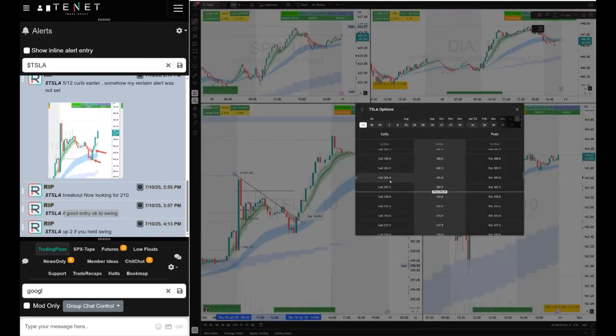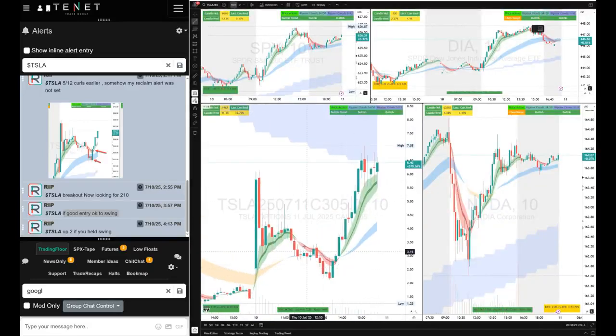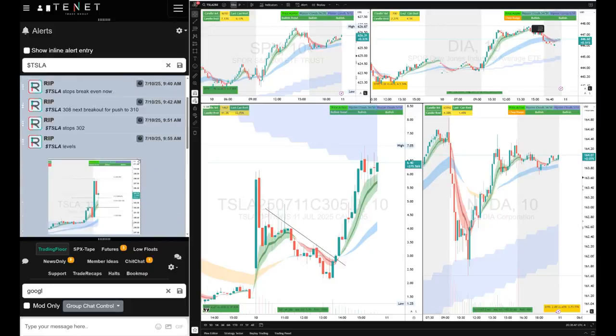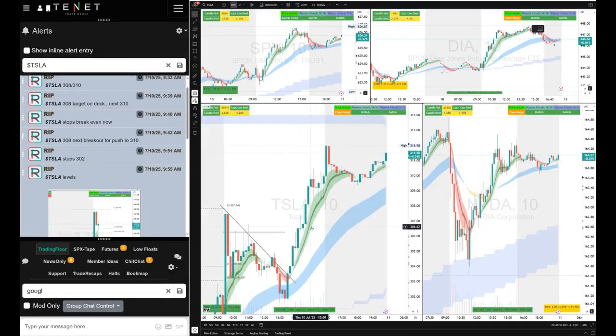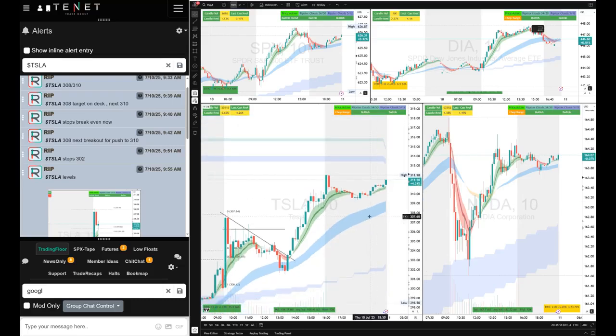Let's take a look at 305 calls. You can see the beautiful curl. You see the curl on Tesla and you look at the curl on Tesla options, right? Similarly, the Tesla options following the Ripster EMA clouds, you can see the beautiful move from $3 all the way to $6, 100% trade on Tesla. Beautiful all day, no BS, no hindsight, step-by-step guidance, showing you the power of the system. That's how the traders are changing their lives with the system, not without the system. Long here, long here, long here. 3 longs on Tesla today: morning, 512 calls, and midday, end of the day call setup. Beautiful trade, 304.50 bounce. Let's go to the next one.